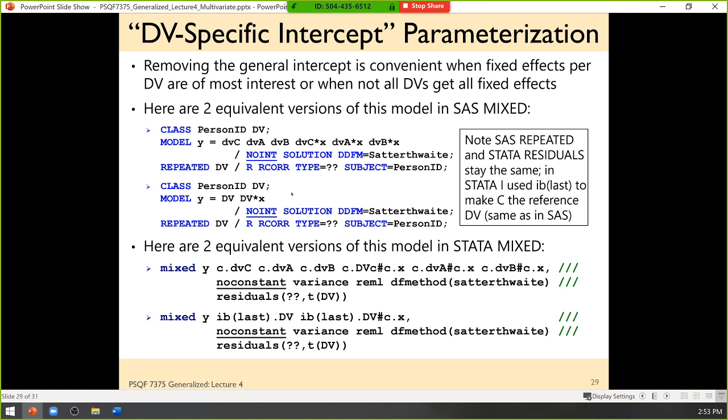Okay. So look at all this typing. C, A, B, A by X, B by X. That's a lot of typing, right? And then look at this, DV, DV by X. Much less typing. But what if you wanted the effect of X not for all the DVs, but only some of them? DV by X can't do that. It puts them in for all. If you write it out, you have a custom model that you could put different predictors in for different outcomes if you needed to. So it is more typing,